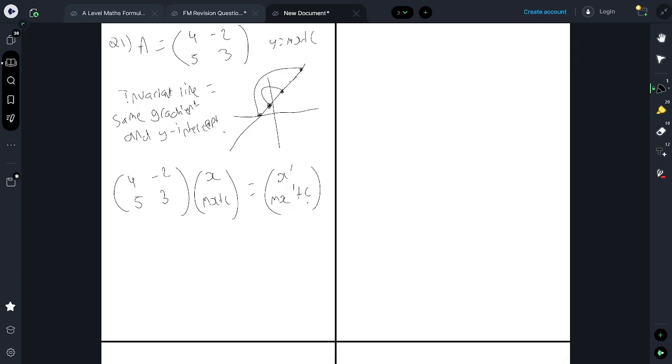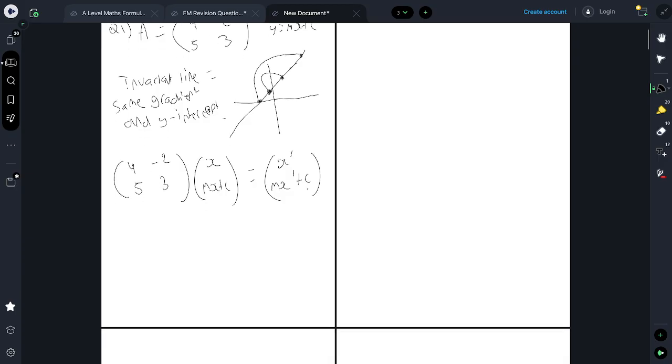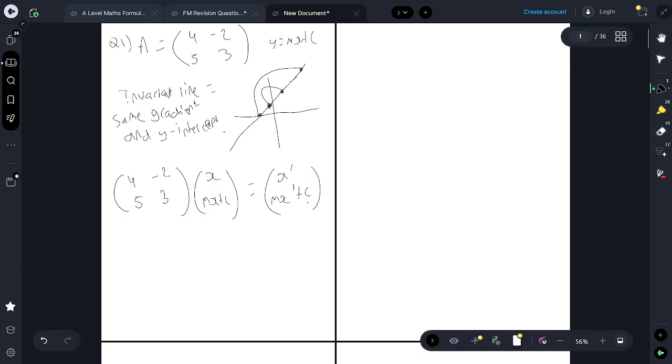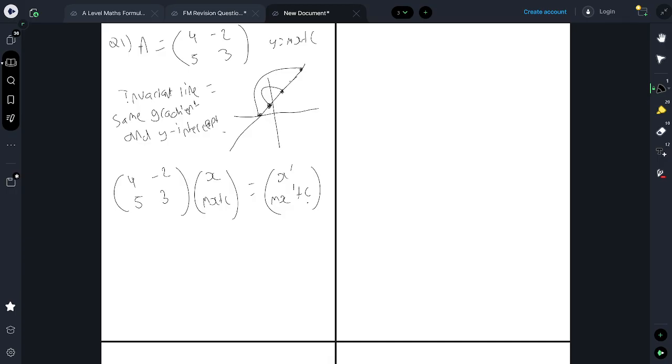Okay, so now we want to investigate this. And if you watched yesterday, it's the same sort of thing. You just plug this in, and then you find some equations, and then we go from there. So let's expand this. Let's do some matrix multiplication. So that's going to be 4x minus 2mx minus 2c. That's going to be the same with x dash. And then you're also going to have 5x plus 3mx plus 3c. And that's going to be equal to mx dash plus c, if you just compare the